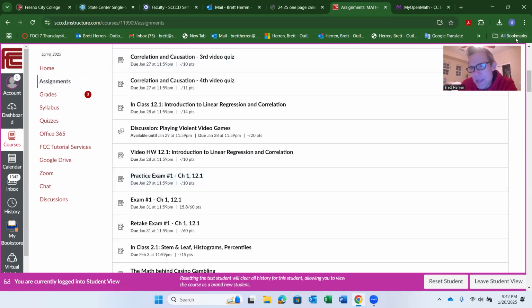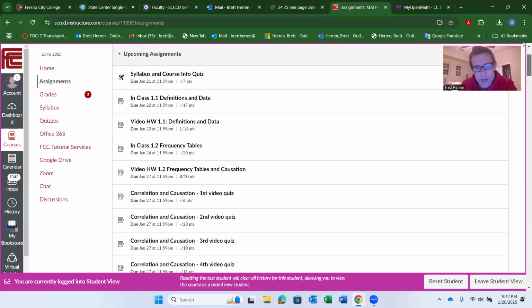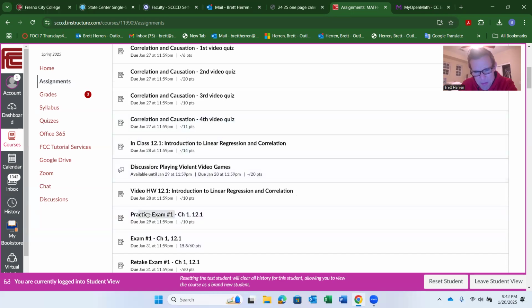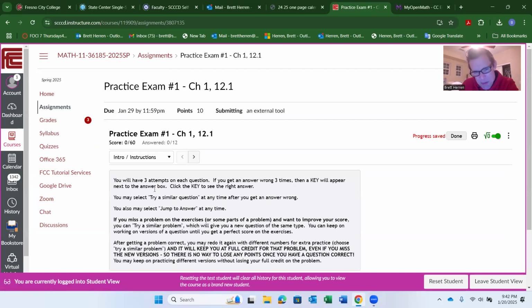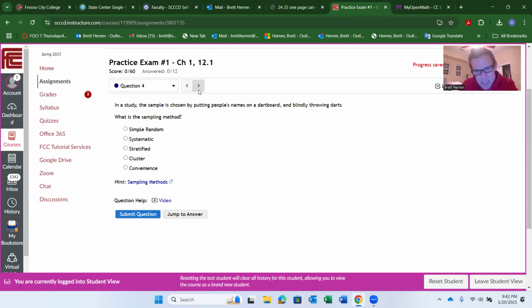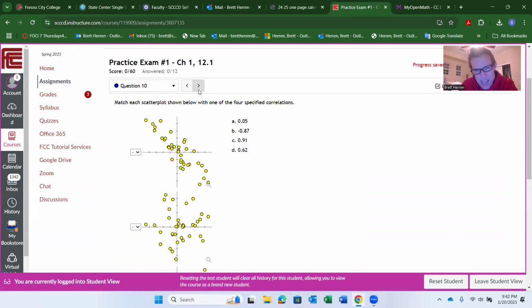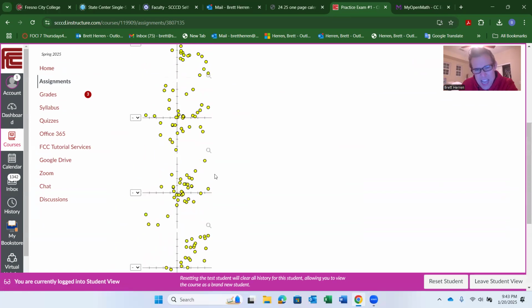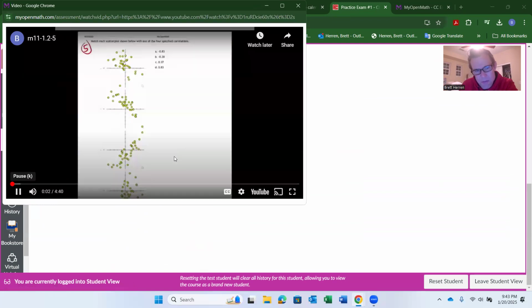Practice exam number one. If it's already past due, like it was due a couple days ago, you need to scroll all the way to the bottom and go to past due assignments. But wherever it is, go back to practice exam number one. Usually you will have already done it. Then just start going through till you see one with dots, because this thing has the videos. See, there's some dots. You can watch this little video right here, and it'll show you how to do it. There's me, right?